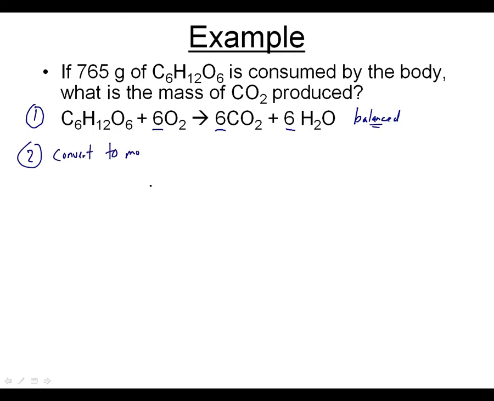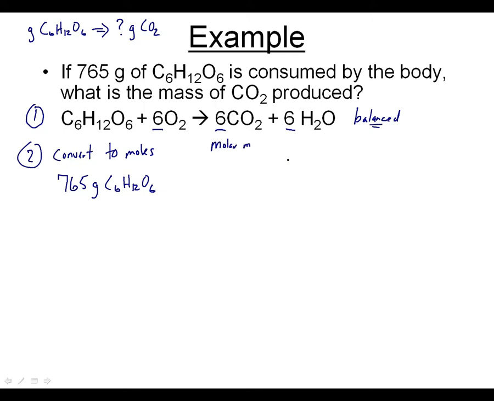So in this case, the only information that is given to us is 765 grams of C6H12O6. And ultimately, what we want to do is go from grams of C6H12O6, and we want to eventually end up with grams of CO2. So as we talked about before, to go from grams to moles, we need to go to the periodic table, and we need to get the molar mass